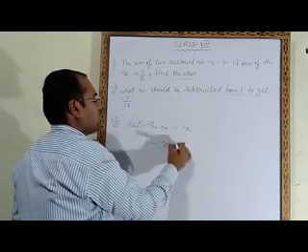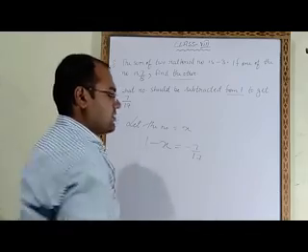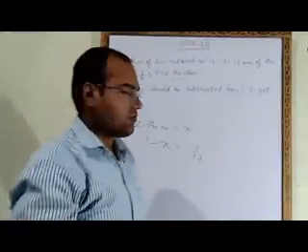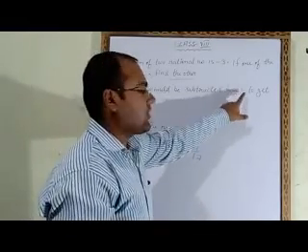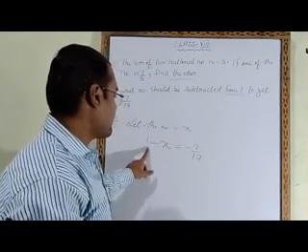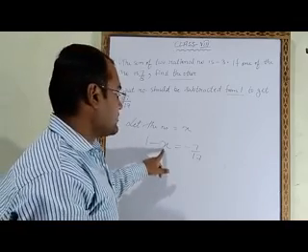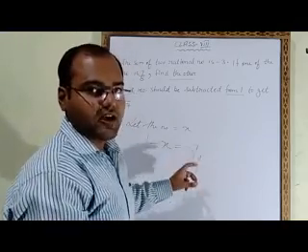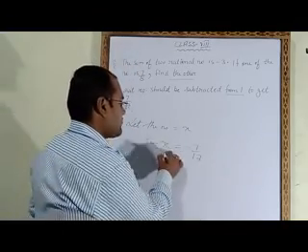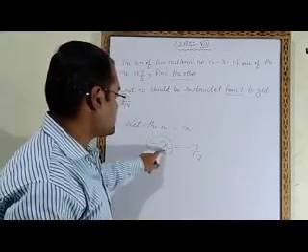To get, means equal, minus 7 upon 17. So this is the equation. What number should be subtracted from 1? After "from", 1 is written, so we write this first. From this 1 we have to minus x. On subtracting these two, the answer will be minus 7 upon 17. Now we have to find the value of x. But what is the sign of x? This x sign is minus.